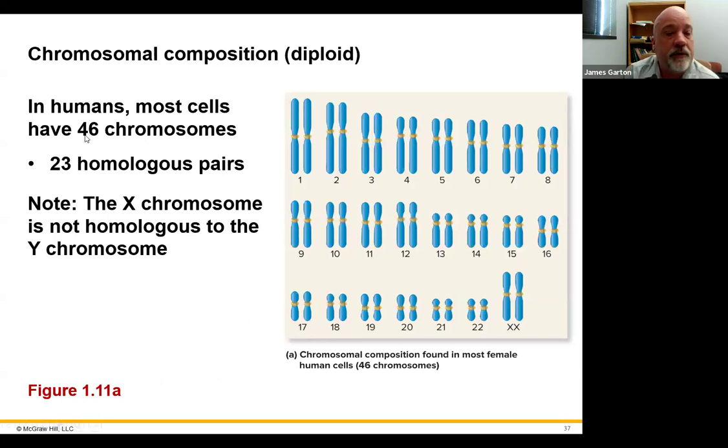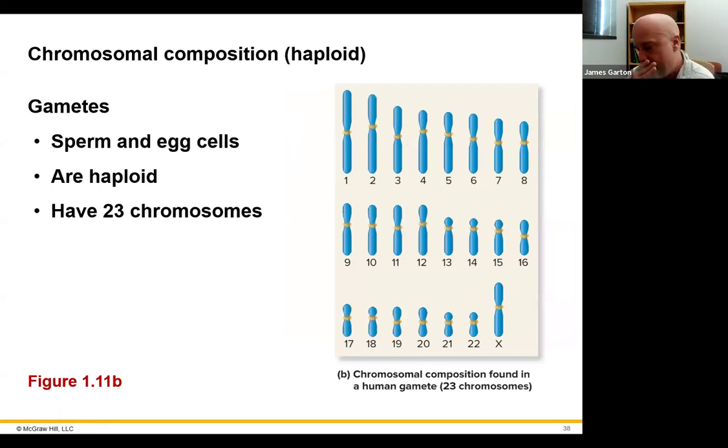And so they said, well, in humans, most cells are going to have 46 chromosomes. And to actually put this correctly, you have 22 homologous pairs and one pair of sex chromosomes. That's actually more accurate than saying 23 pairs because X and Y are not homologous. And no, that's nitpicky. But anyway.